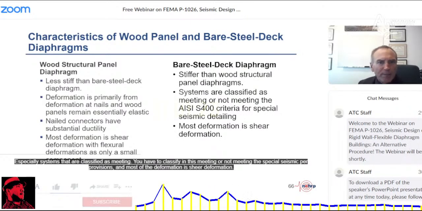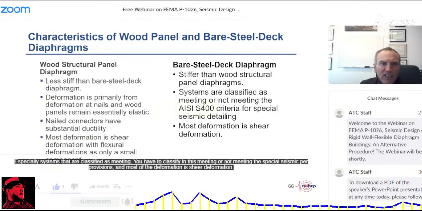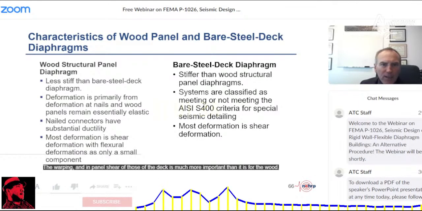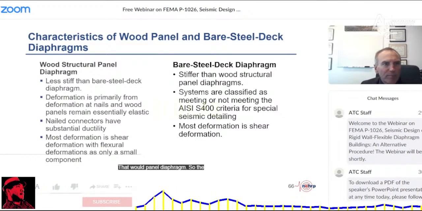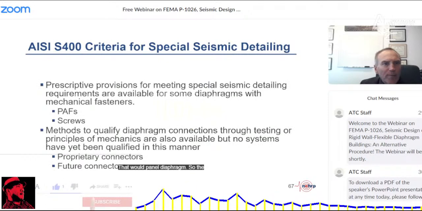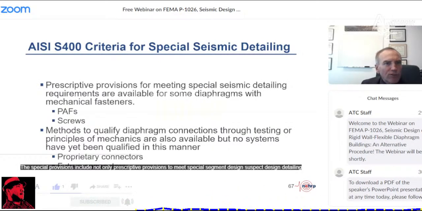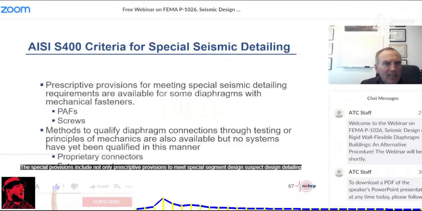You have to classify them as meeting or not meeting the special seismic provisions, and most of the deformation is shear deformation. The warping and in-panel shear of the deck is much more important than it is for the wood panel diaphragms. So the special provisions include not only prescriptive provisions to meet special seismic design